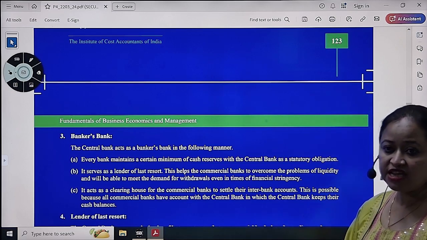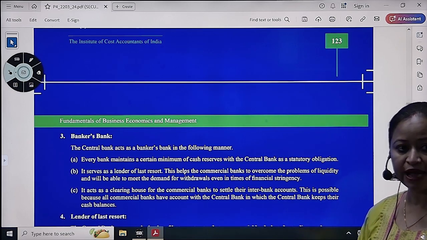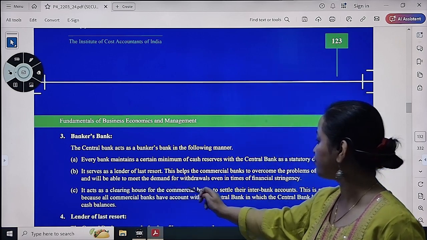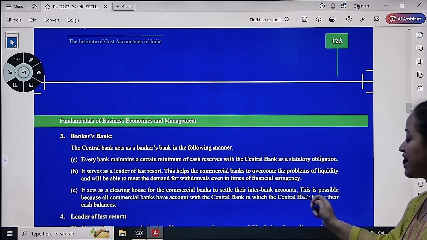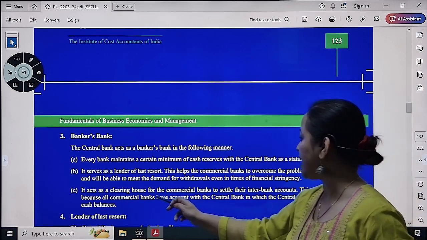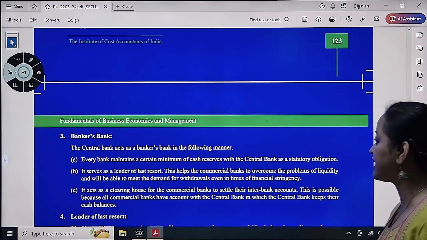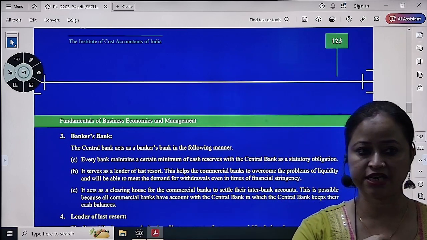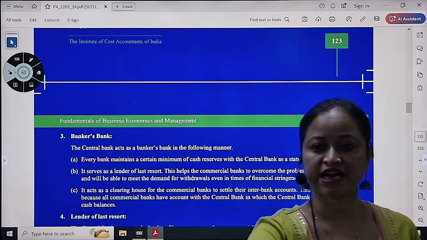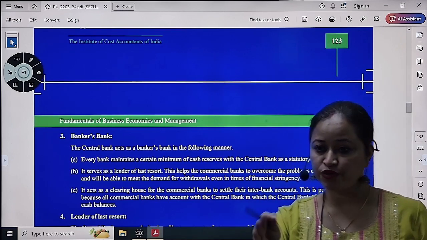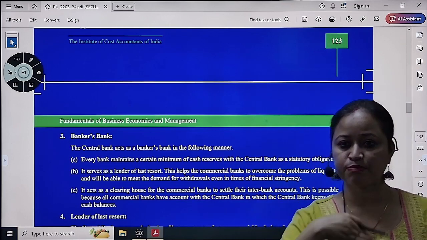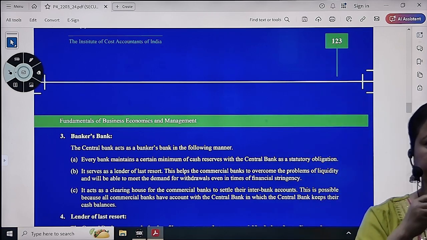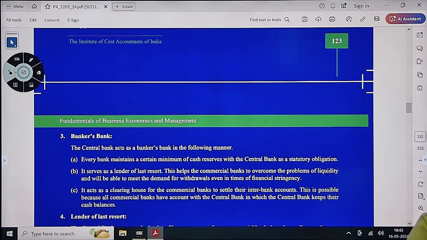At the time of financial emergency or urgency, it is the central bank which helps the commercial banks. Next one, it acts as a clearing house for the commercial banks to settle their interbank accounts. This is possible because all commercial banks have an account with the central bank in which the central bank keeps their cash balances. Clearing house function is like, suppose I have a bank account in Axis Bank. He has a bank account in, suppose, ICICI Bank. Both banks, Axis Bank and ICICI Bank, have an account with the central bank. Now, if I give one check from Axis Bank to the person who